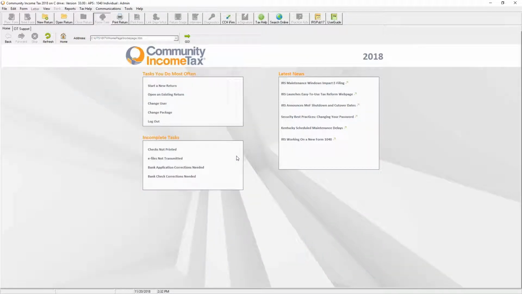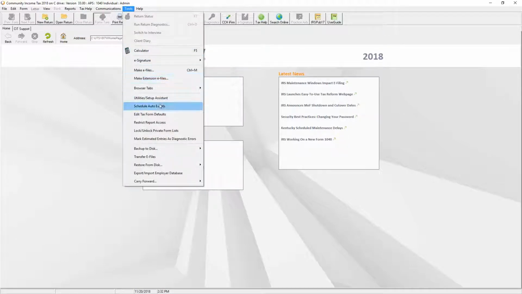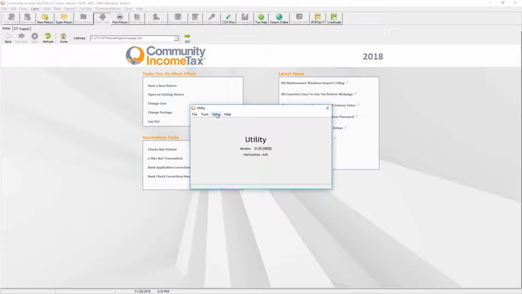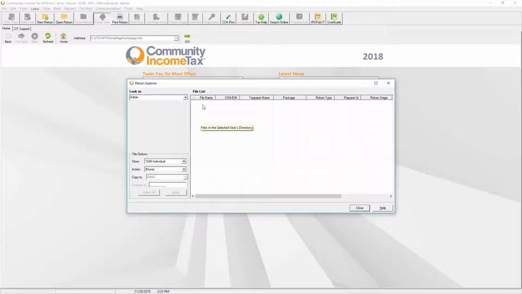Now, in order to get it over to the rest of the users in the office on the network, what you will actually have to do is come back over here to Tools and go to Utility Setup, and then go to File and go to Return Explorer. Once you get in here, you're going to notice the file options. I'm going to scroll up to the top and hit tax form defaults. Tax form defaults will always be a number, I for individual, and a bunch of zeros. So once I select it,